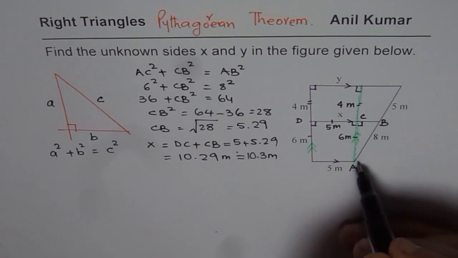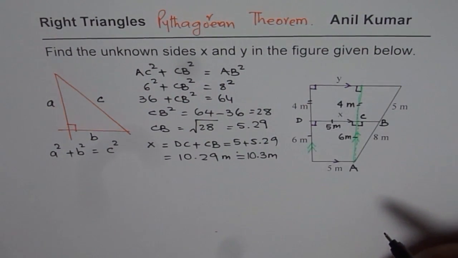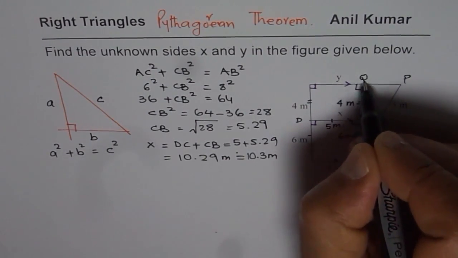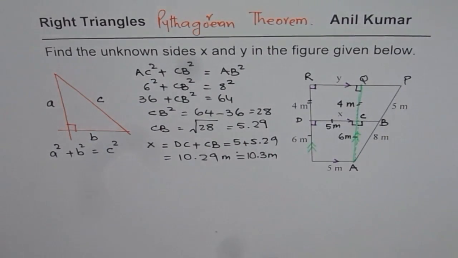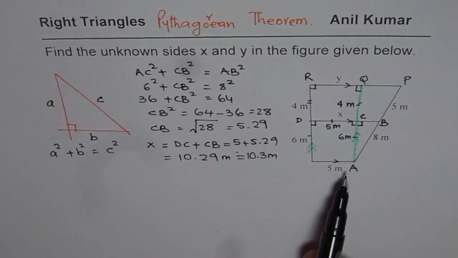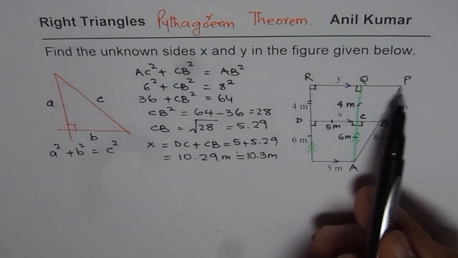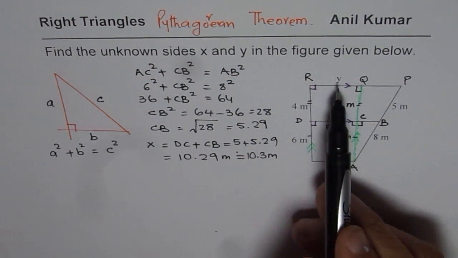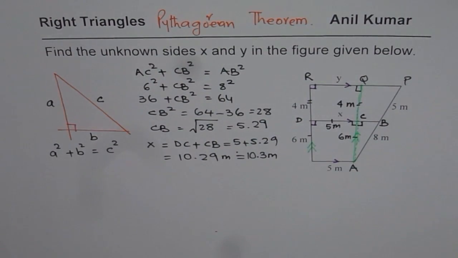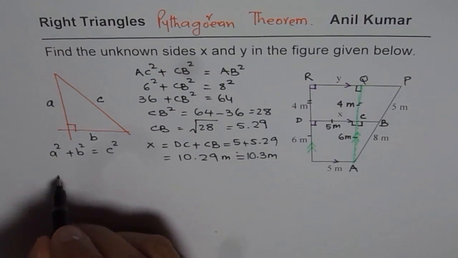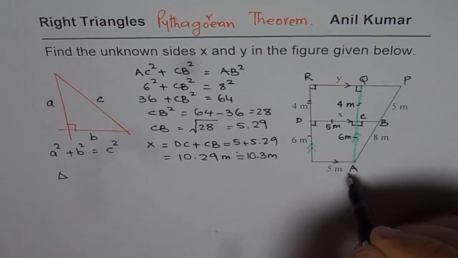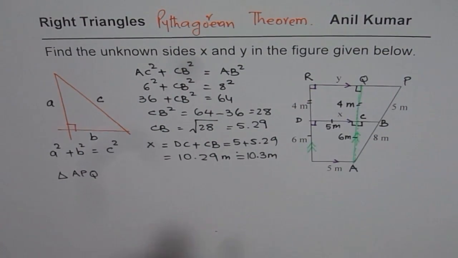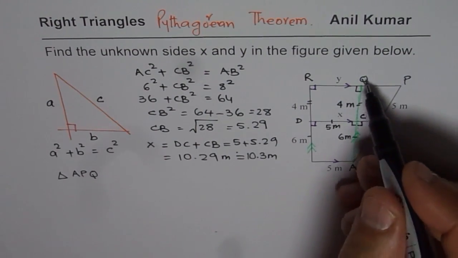You can apply the same strategy to find y. Let me name these points as P, Q, R. Correct? Now, you can actually pause the video now and find what is PQ. You know what RQ is. Add them up to write what y is. Correct? So let's find PQ. So we'll consider the triangle APQ, the big triangle APQ. Correct? Now in this triangle, we know AQ